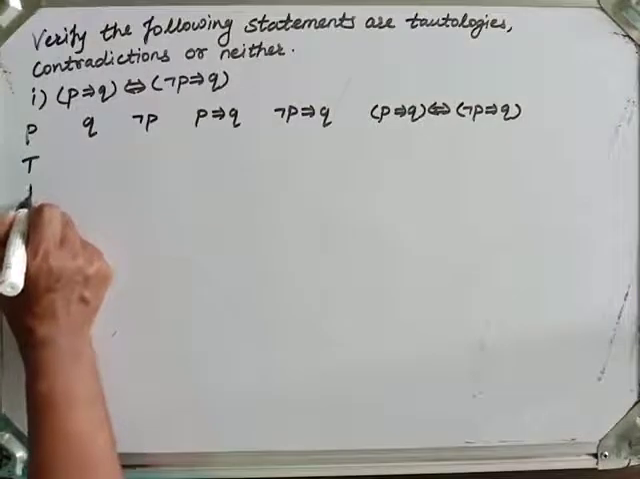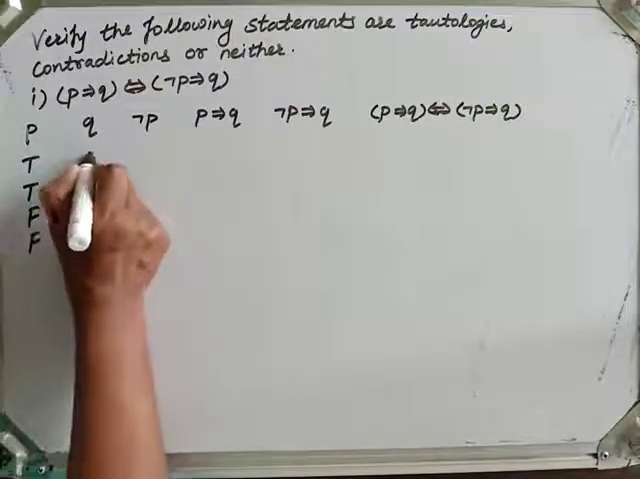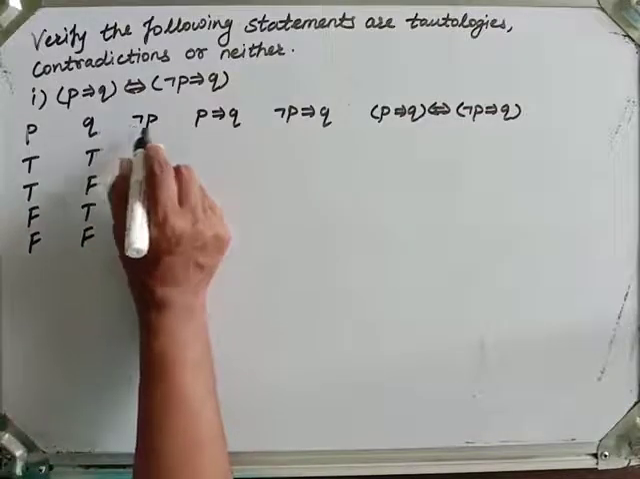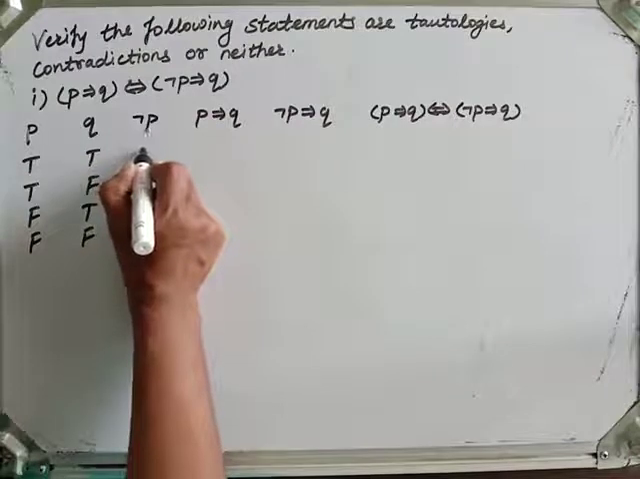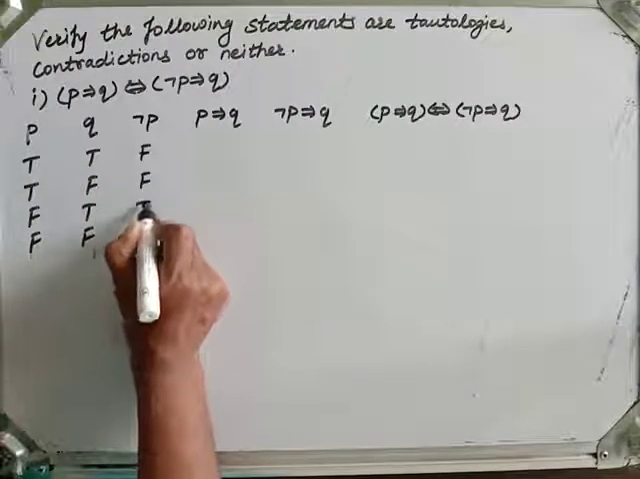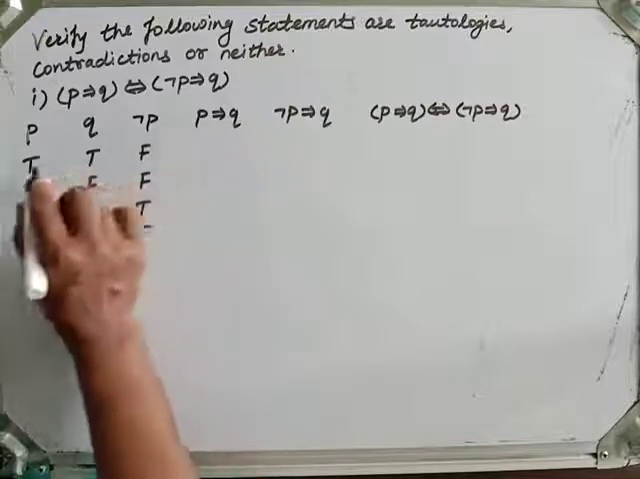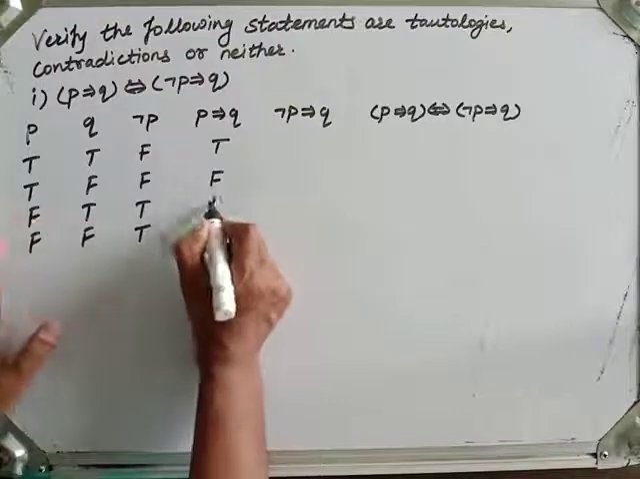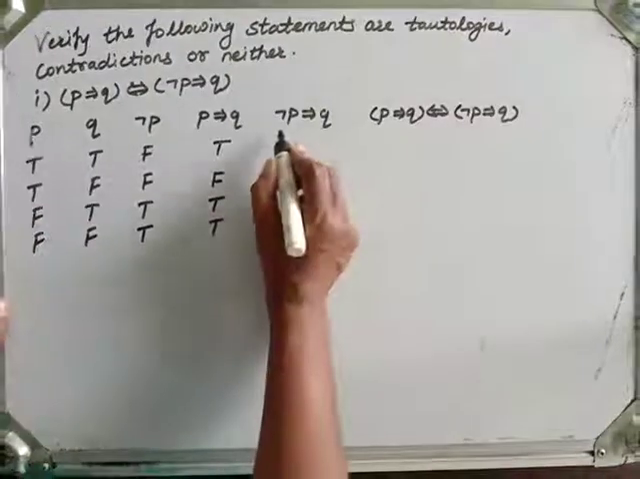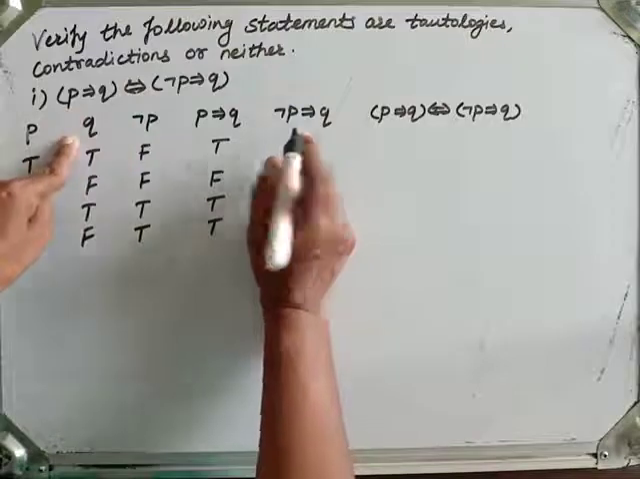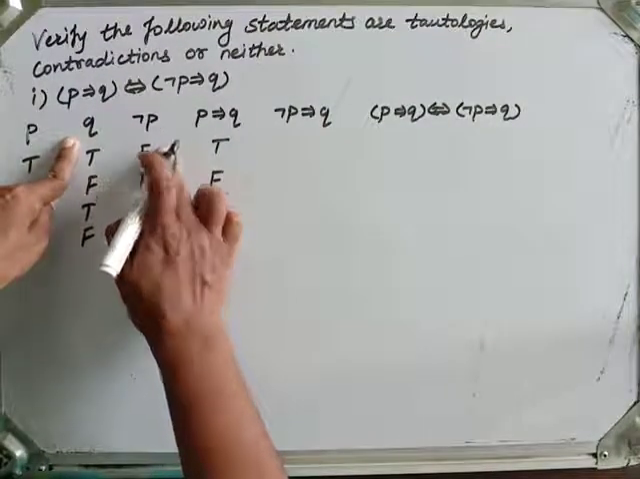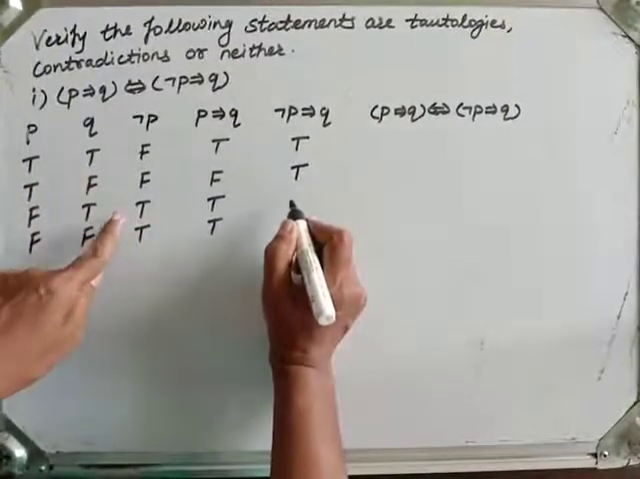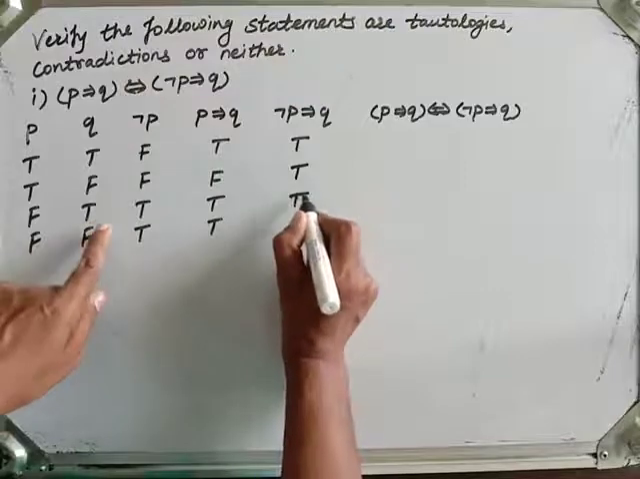So true, true, false, false, true, false, true, false. These are our possibilities. Now let us find the other columns. Negation P will be false, false, true, true. P implies Q will give us true, then false, false implies true is true, and false implies false is also true. Now negation P implies Q. Negation P is the premise, Q is the consequence. False implies true is true, false implies false is true, true implies true is true, and true implies false